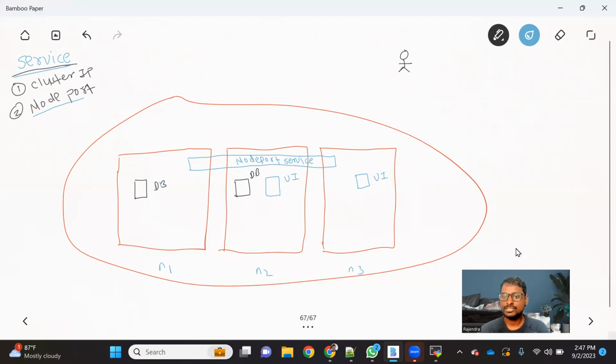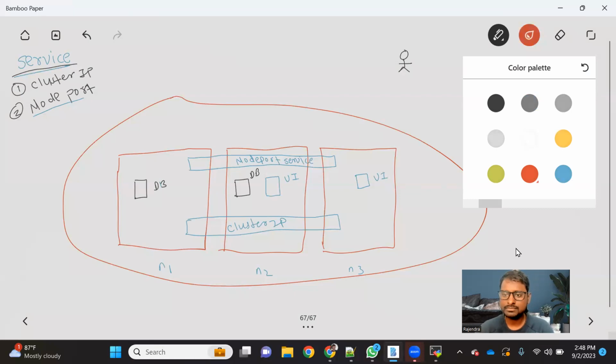Now this UI pod wants to talk to the database pod. So this is intra-cluster communication. For that, we should create a ClusterIP service. That will also be similar to this, having complete visibility. So we'll be creating a ClusterIP service for inter-pod communication, right? And then in each of these services, what we do is basically,